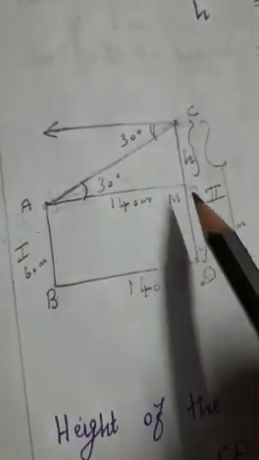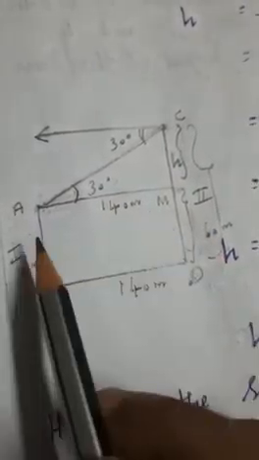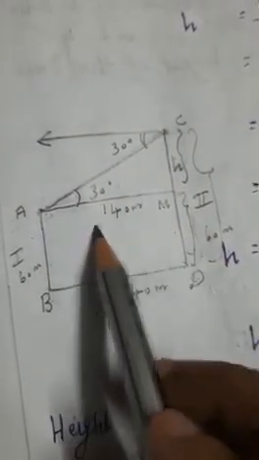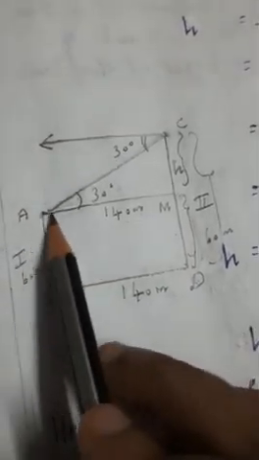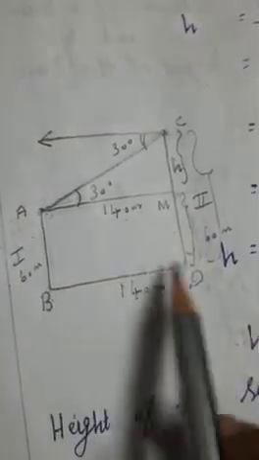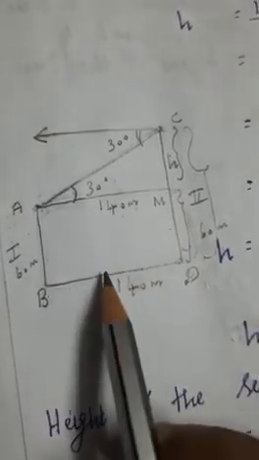In our question, what they have given is two buildings. The first building you can make short, the second building long. From the top of the second building you can see the top of the first building. The distance between both buildings is 140 meters. The height of the first building they have given is 60. So this 140 means this distance also is 140. This line you can also join. This side is 60 meters, which means this side also is 60 meters.